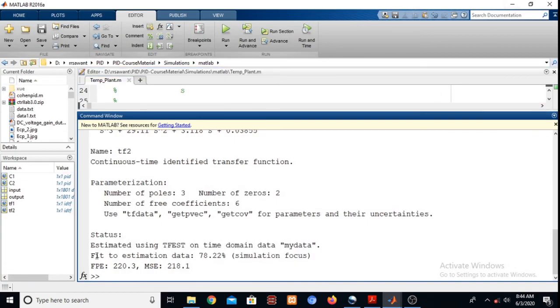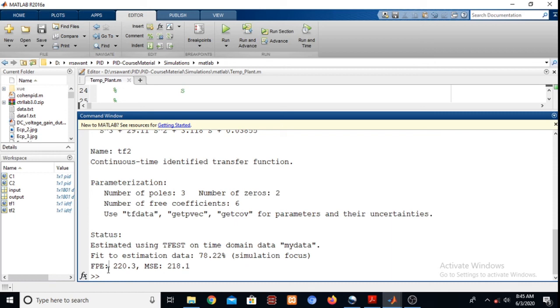So then come back to the workspace. So you will find that here C1, C2 have already been entered into the workspace, available in the workspace. So we have got TF1, TF2 as the transfer function models, and C1 and C2 are the respective PID controllers.